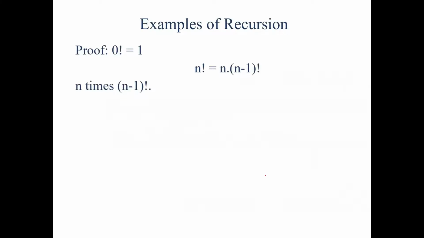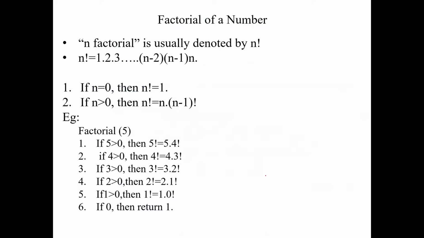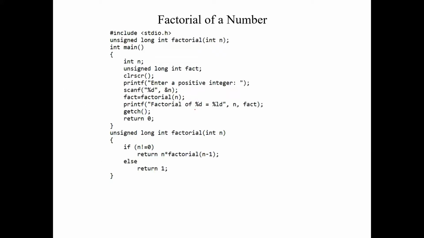In this example, for the execution of the recursive call, we are giving a base criteria. If n is equal to 0, then n factorial is equal to 1. And if n is greater than 0, then n factorial is nothing but n into n minus 1 factorial. This program, you remember, right? We have executed it. So in this recursive call, we are calling the function factorial as a recursive function, and we are calling it from the main.